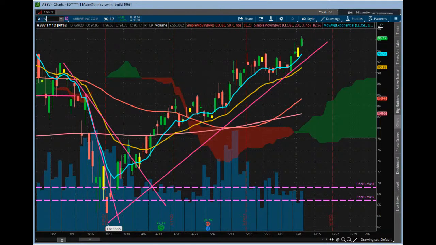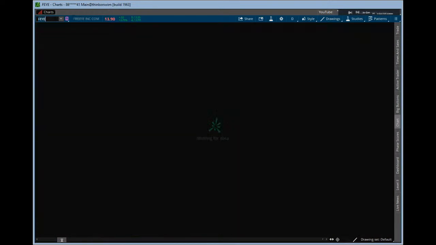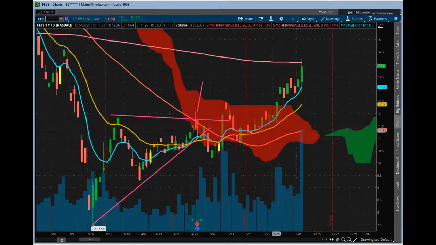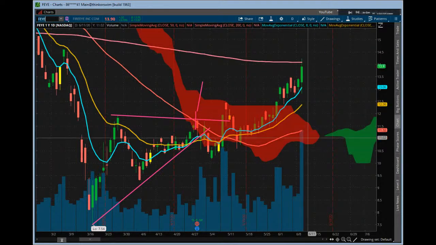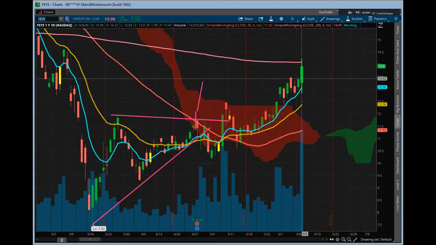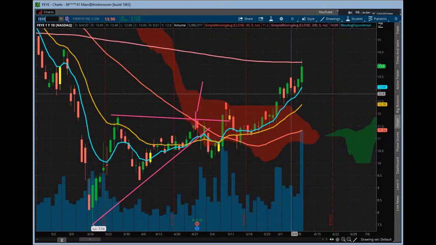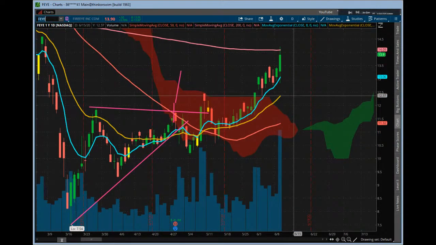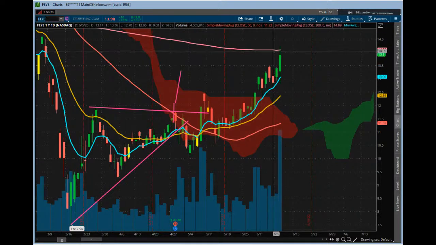And then FireEye. So FireEye is looking pretty good. This is one that we pointed out not too long ago, right? We pointed this one out as something that was looking interesting for potential swing because the intraday action was looking pretty interesting on it, and it eventually did get some nice follow through to the upside. You can see look at this volume coming in here, right? So it was serious, right? And then today, big push, got to the 200 day. So it got profiled today on CNBC as well, I think, and then it actually pulled down off of that. But a lot of activity on that, huge volume on that today, and made it up to the 200 day.